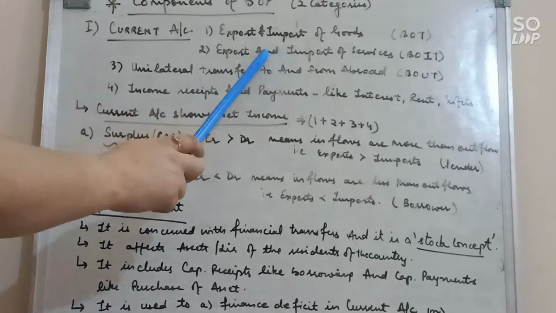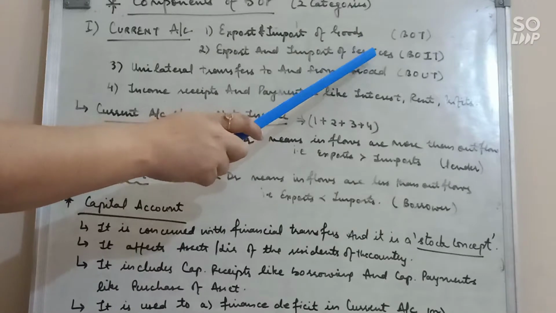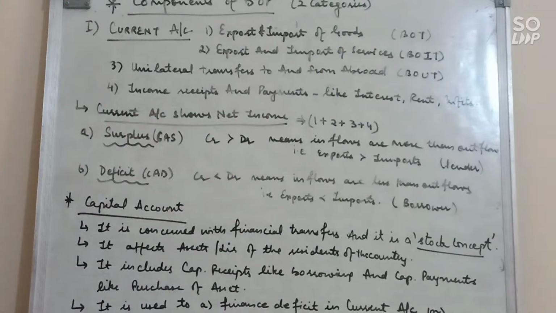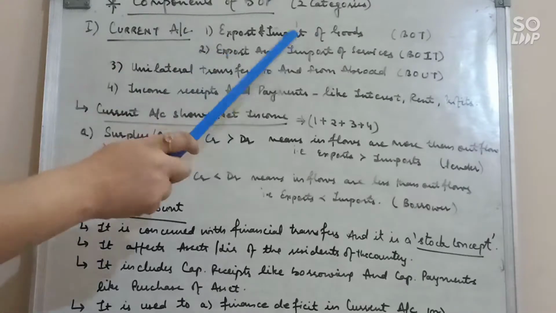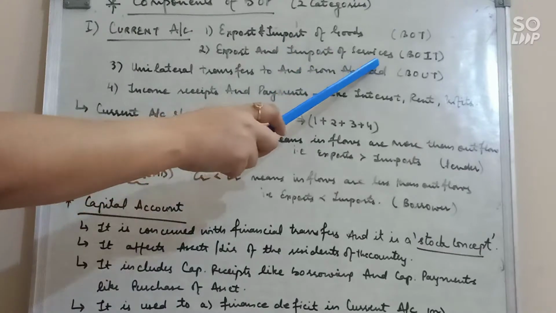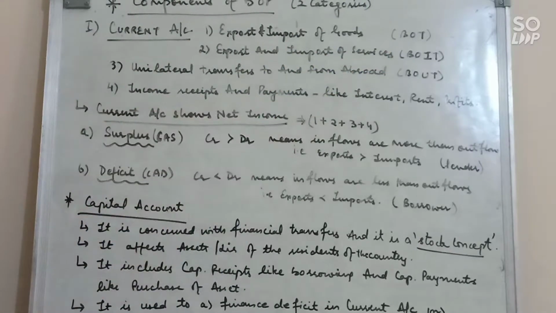Second is import export of services. Under this, we will record import and export of all the invisible items, that is banking, transportation, etc. All the services we will record here. Again, all the receipts from export we will record on the credit side, and all the payments for import we will record on the debit side. Okay, and after that we will take the difference which is known as balance of invisible trade.